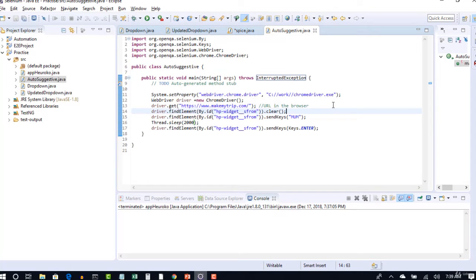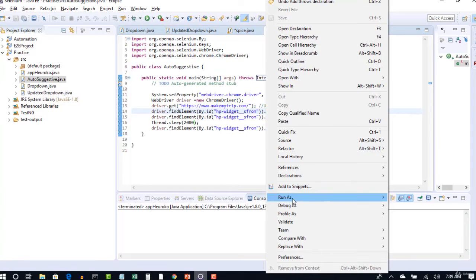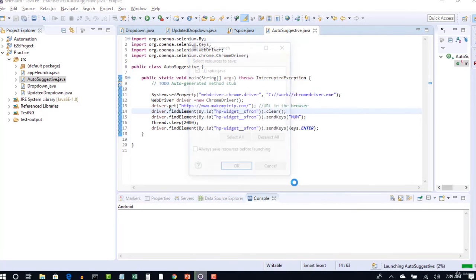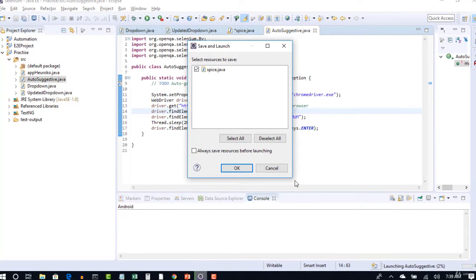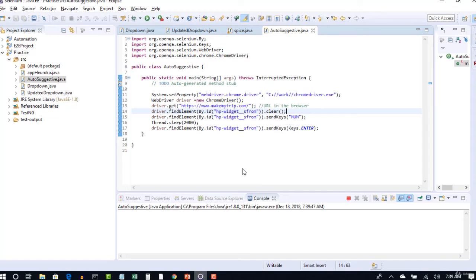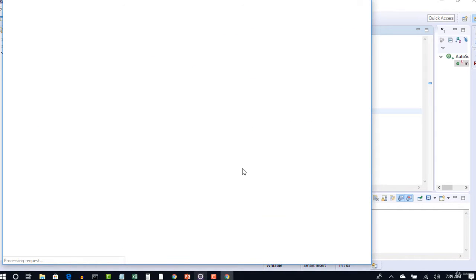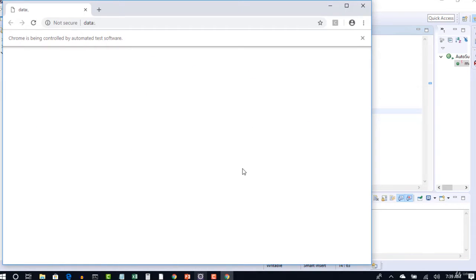Alright, so let's run this simple test and see how it goes. Handling auto suggestions is very easy. The only trick here is we just need to replicate manual testing behavior into automation with the send keys.